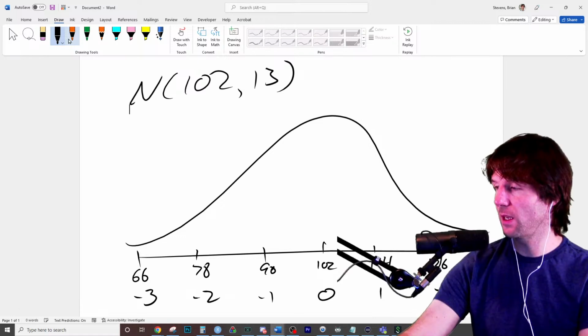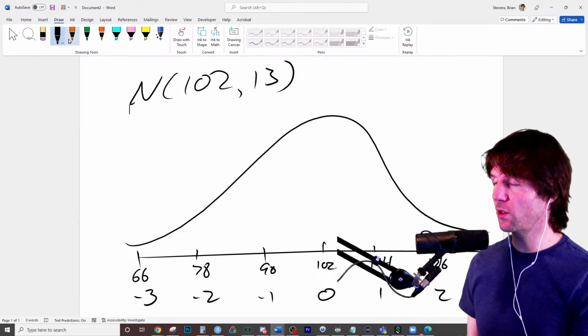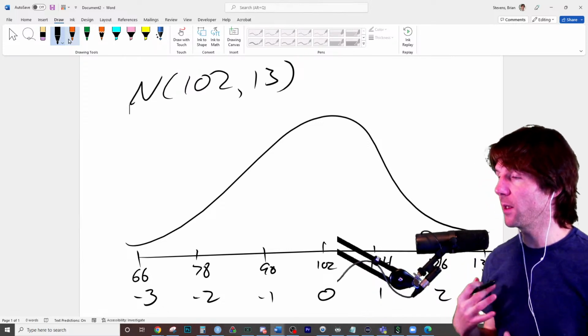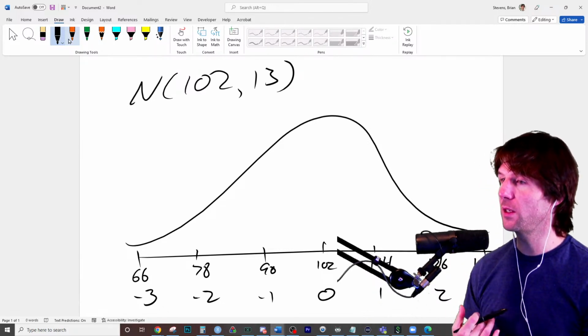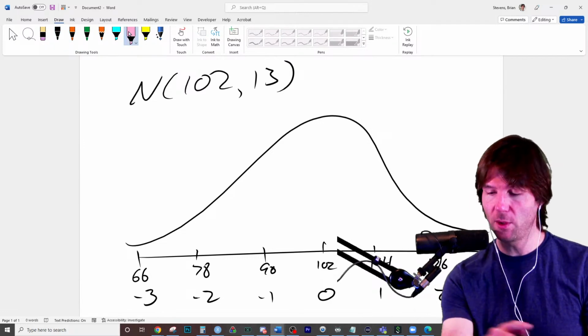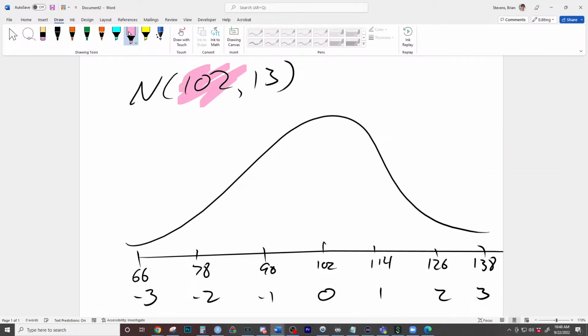Let me pause right here and say this. If you've never drawn out this curve, please try to draw it out. It's one thing to watch me draw it. It's another thing to sit down yourself and practice putting the mean at the center of the curve, which will have a z-score of 0, and to draw the standard deviation of 13 that you go up each time to make sure you understand how to do this. Great job right there, Blake, and good practice.